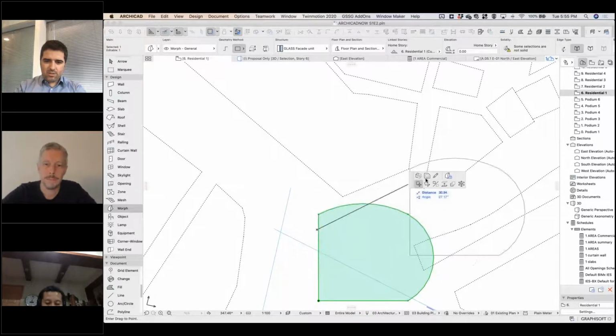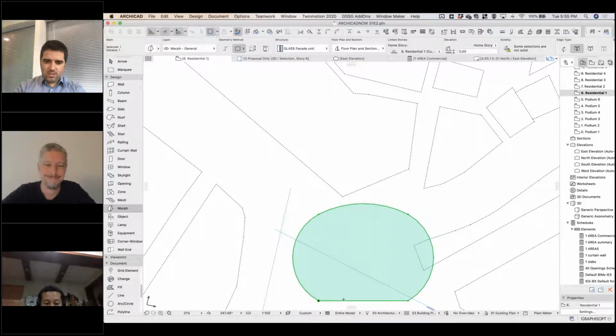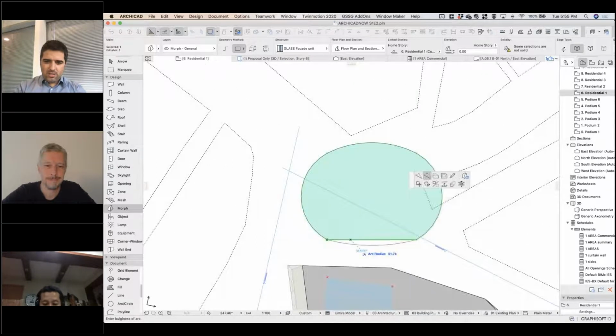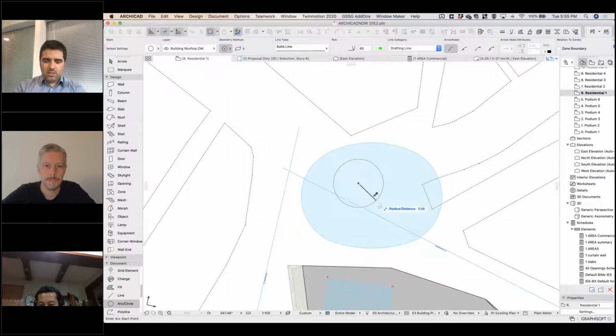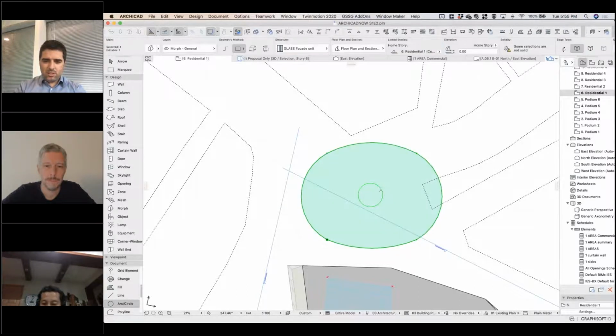Let's say sort of curve. Okay. And now I even have a circle here. I can actually take this circle and